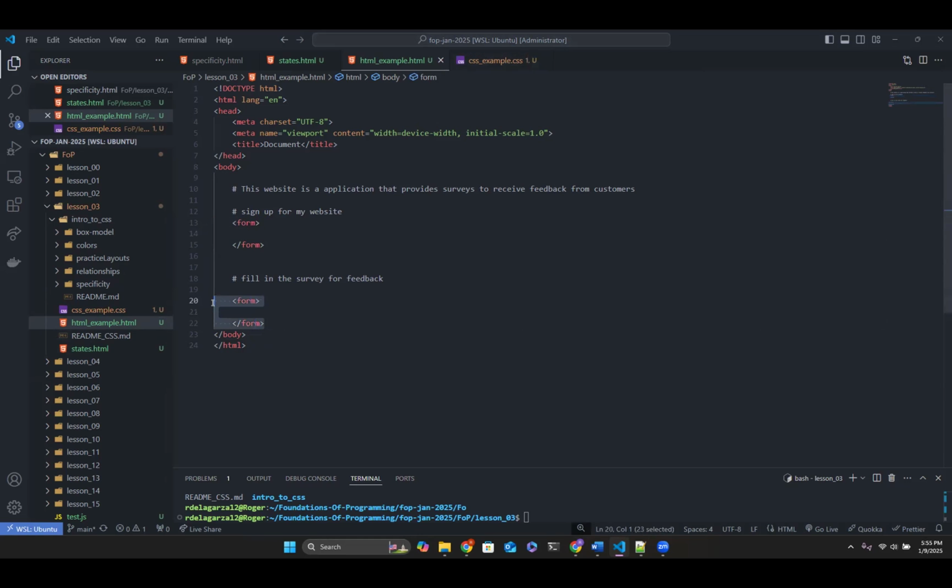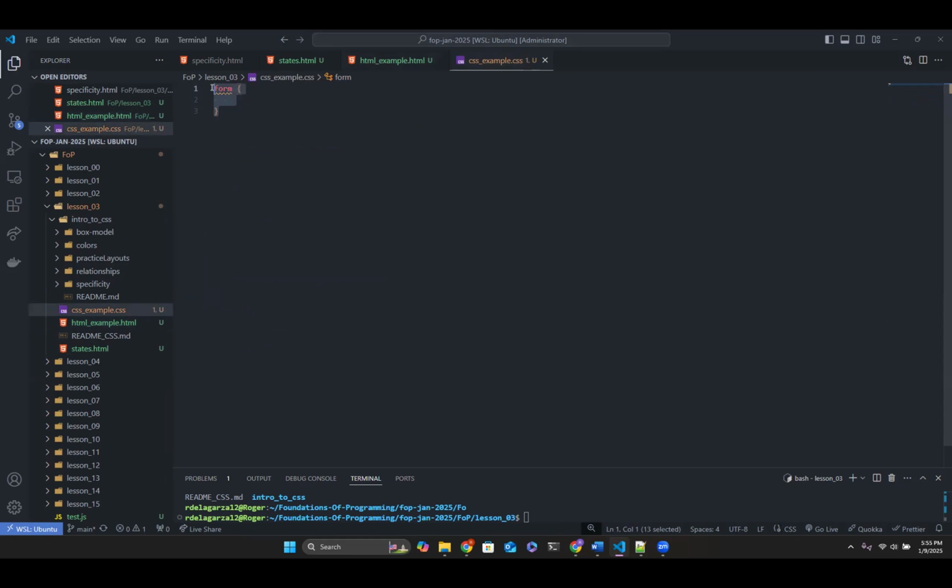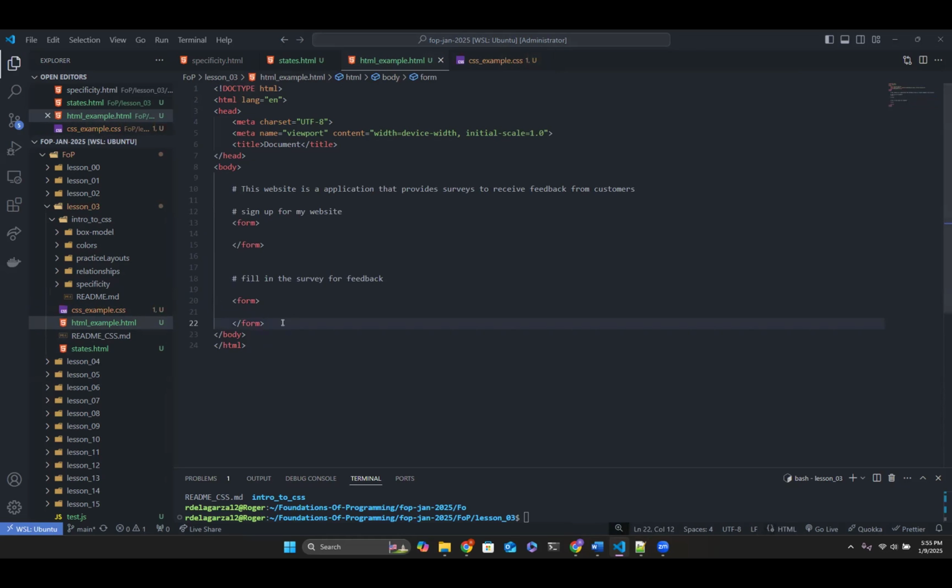Because these both are on the same level of the body tag. They are both a form tag. So if I do this, this CSS is going to apply to both these forms, and that's not what I want. Well, that's when classes and IDs come into the equation, right? We can give these a label so we know which one is which. And we have to choose between using a class or an ID.